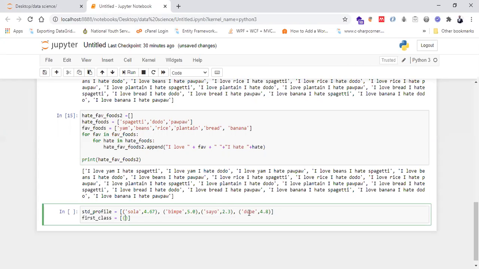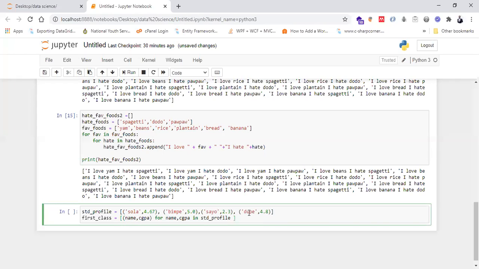So it will be name, comma, CGPA, for name, comma, CGPA in STD